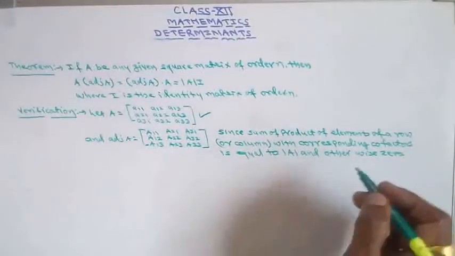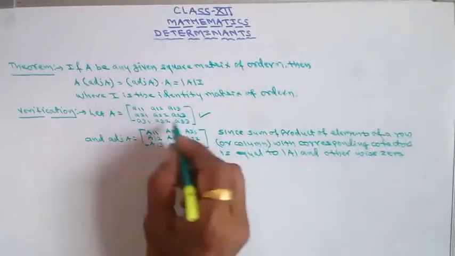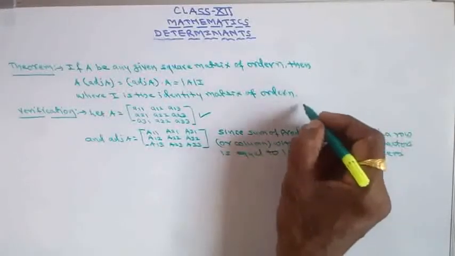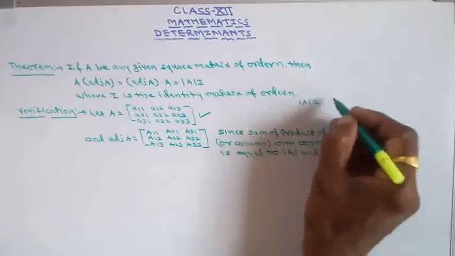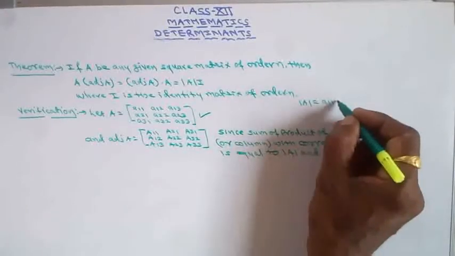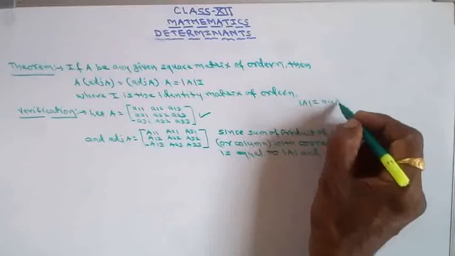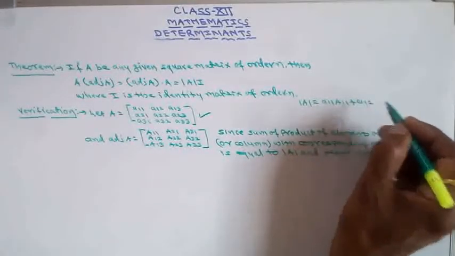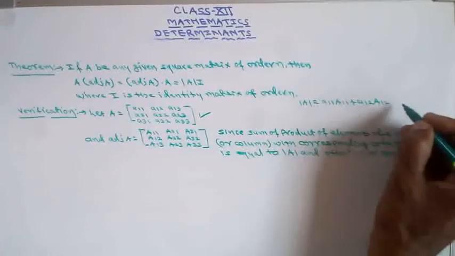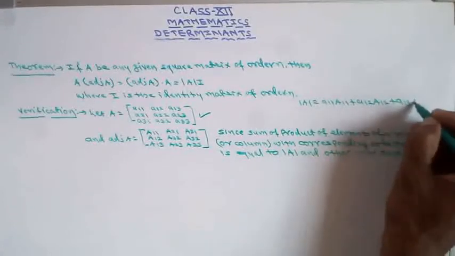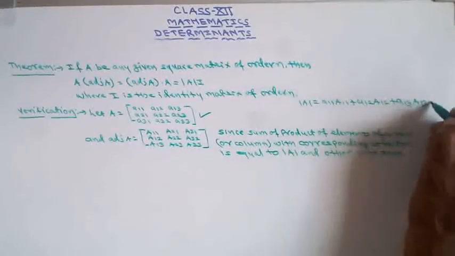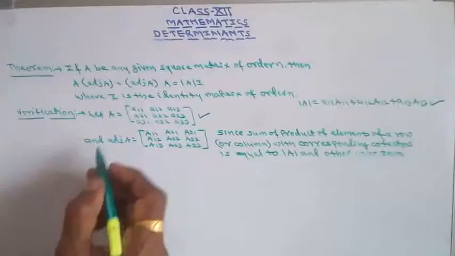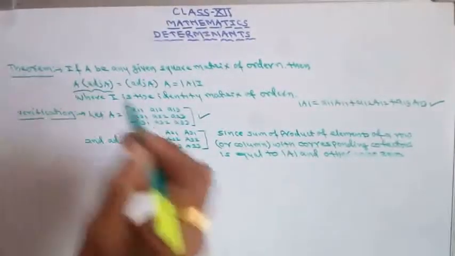That is the determinant of A. If this is a matrix, then the determinant value of this matrix, we know that determinant of A is a11 into its cofactor A11, plus a12 into capital A12, plus a13 into capital A13. This gives the value of the determinant of this matrix. Okay, now see, let us take this left hand side.